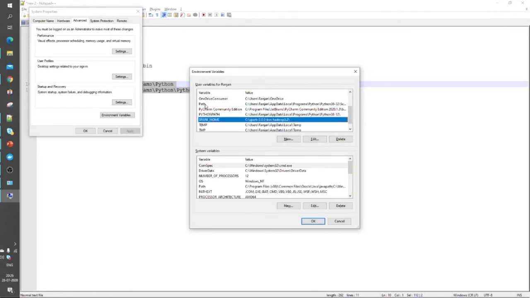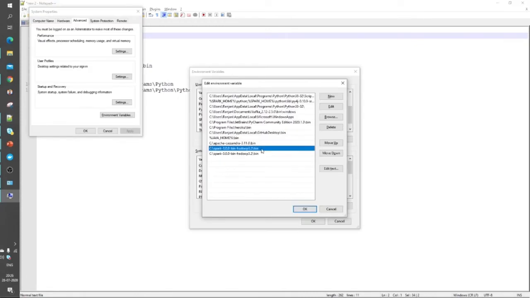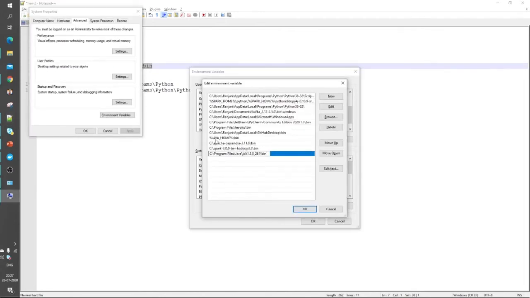Now I have to configure the path variable. So this is the path. I have to give a path. So you just have to click here and paste it. I have already done that for the Spark one. So I will delete this, and I have already done it for Python, and this is for Java. I can define directly like this as well, and I can define it this way as well because I have given JAVA_HOME in the environment variable, so I can use the percentage sign and inside it the environment variable name, and then after that I can use slash bin. So I can define it this way or this way. Both are correct. You have to click on OK.